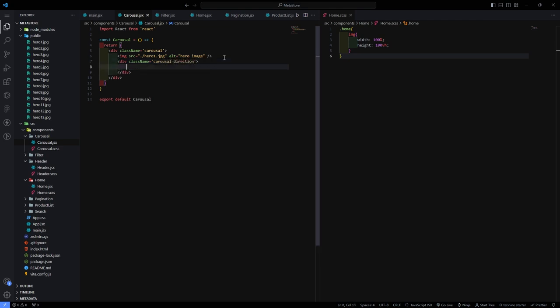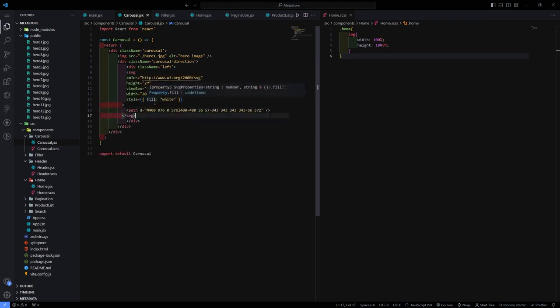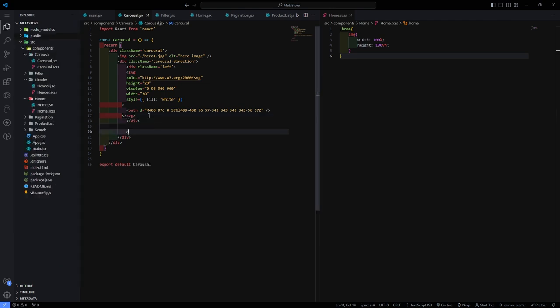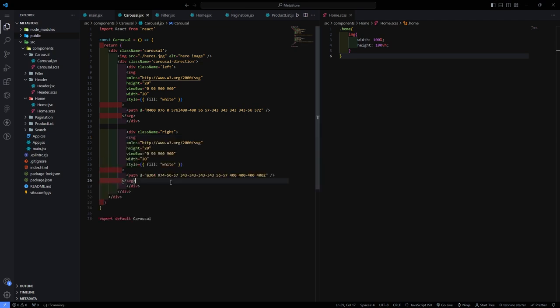direction, and we have another div, class name as left, and inside this we have SVG. I just copy the SVG and paste it here. You can write by yourself or just copy from the GitHub repository. The link is given in the description below. And after this left div we have another div with a class name of right, and inside this we have also an SVG, like that. After this carousel direction div we have another div which is carousel